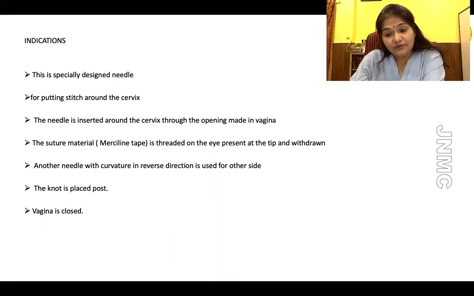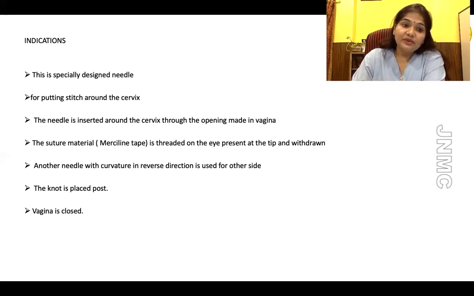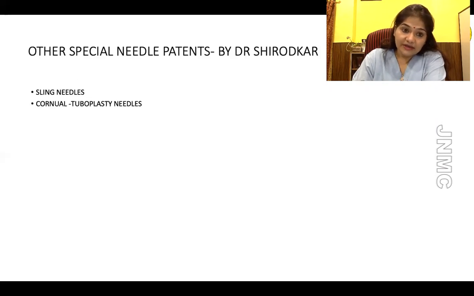How do you preoperatively prepare? How do you suture? Where is the knot, anteriorly or posteriorly? The pros and cons of the site of knot. Then post-operatively, what care do you take? When do you remove this os tightening suture? What will happen if the patient goes into labor with the stitch in situ? So all these complications will be asked to you in cervical os tightening.